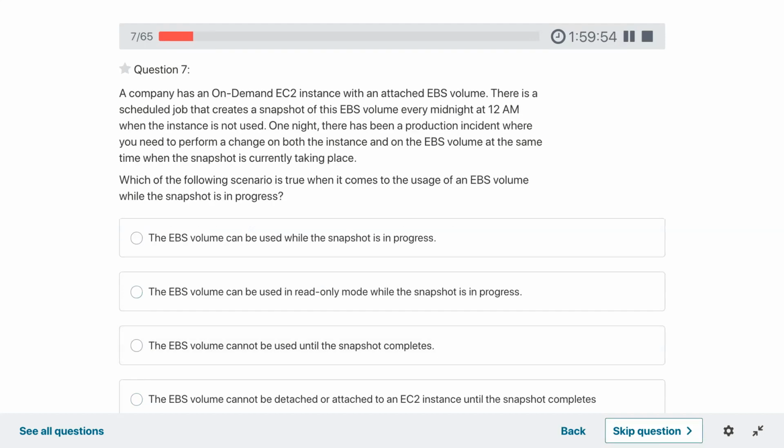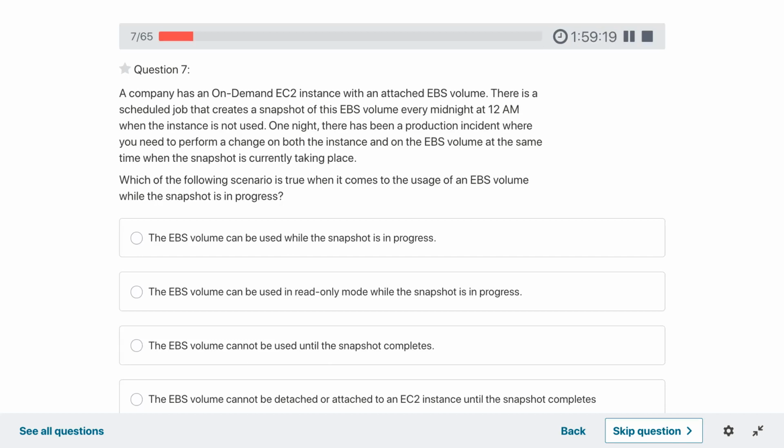A company has an on-demand EC2 instance with an attached EBS volume. There is a scheduled job that creates a snapshot of the EBS volume every midnight at 12 a.m. When the instance is not used one night, there has been a production incident where you need to perform a change on both the instance and the EBS volume at the same time when the snapshot is currently taking place.